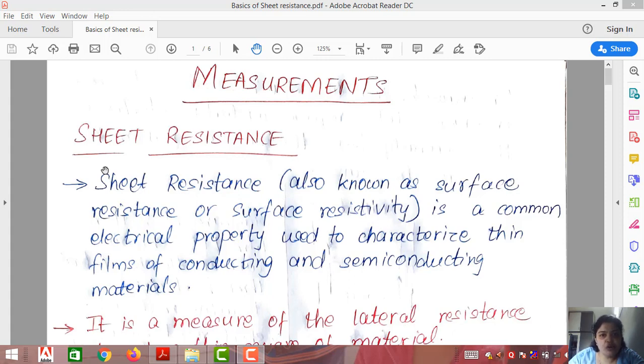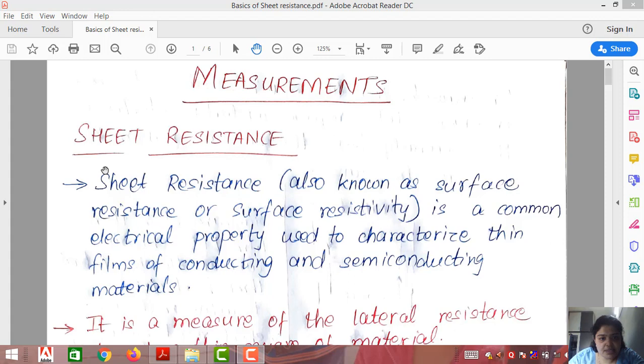Before I start with 4-probe method, we should discuss the quantity that is measured using 4-probe method. This is a term which is completely new to you. Being into engineering, and that too electronics and communication engineering, you all will be using semiconductors in great detail. In each and every field, semiconductors are used if you talk about electronics. And sheet resistance is one of the most important properties related to semiconductor devices.